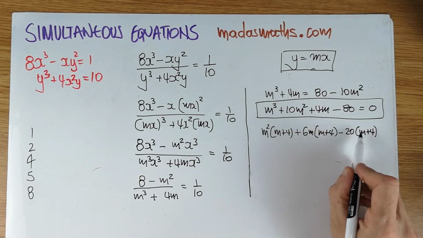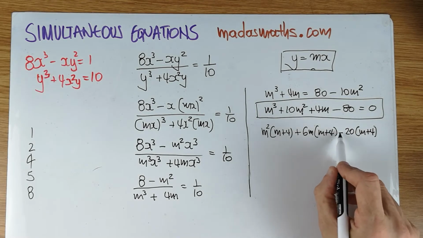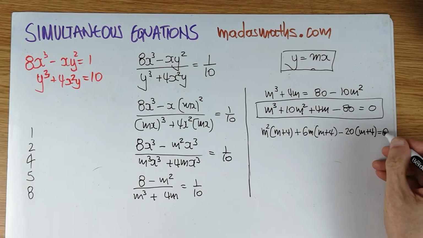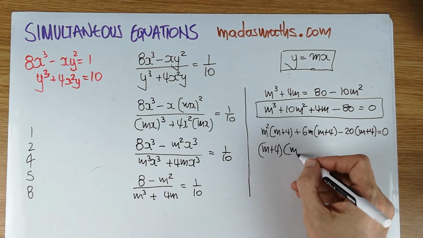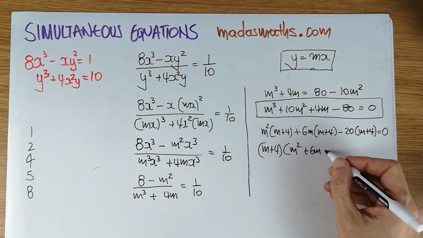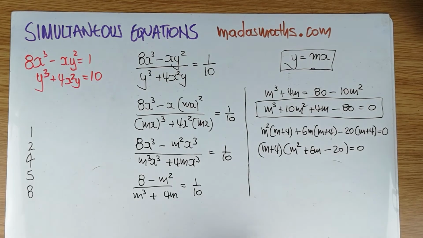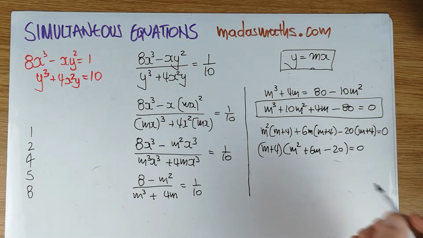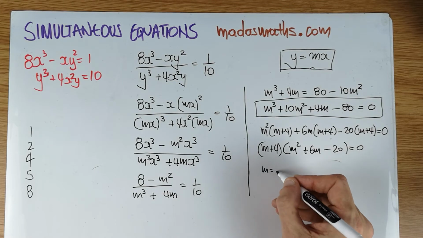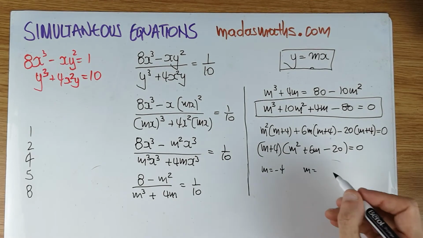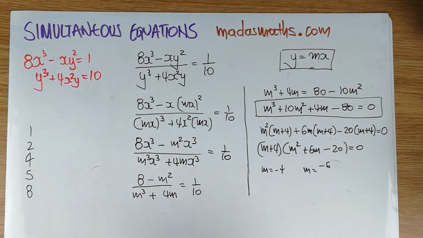And of course, when we put the minus 20m there, the 80 now balances automatically. We expect that to happen, because we know this is a factor. So factorize now the m plus 4 times m squared plus 6m minus 20 is equal to 0. So for this particular question, we can say m is equal to minus 4, or m is equal to, using the quadratic